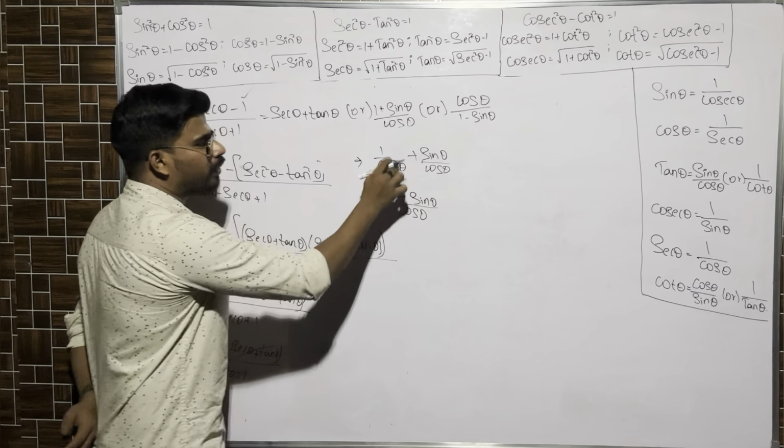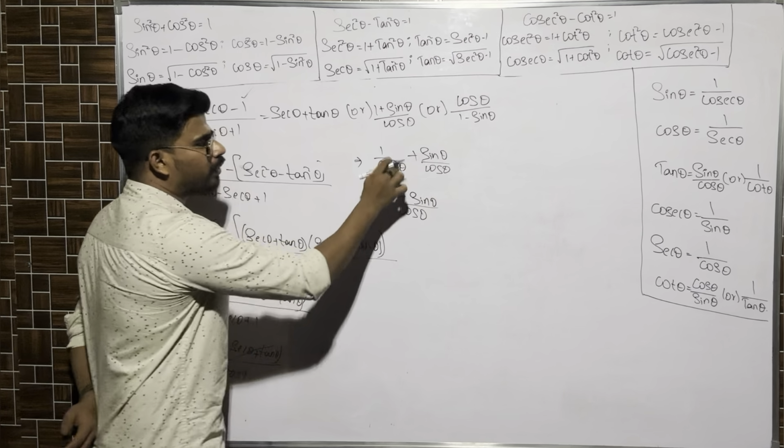And in some cases he will ask us to prove till cos theta by 1 minus sin theta. How do we do that? Continuation of this. We have to multiply numerator and denominator by cos theta. Right. 1 plus sin theta by cos theta into cos theta by cos theta.